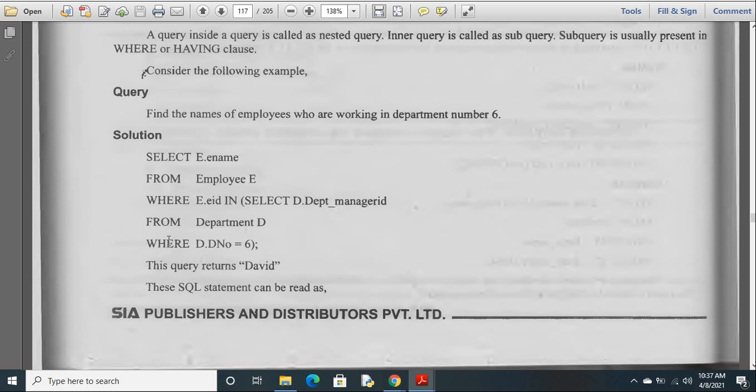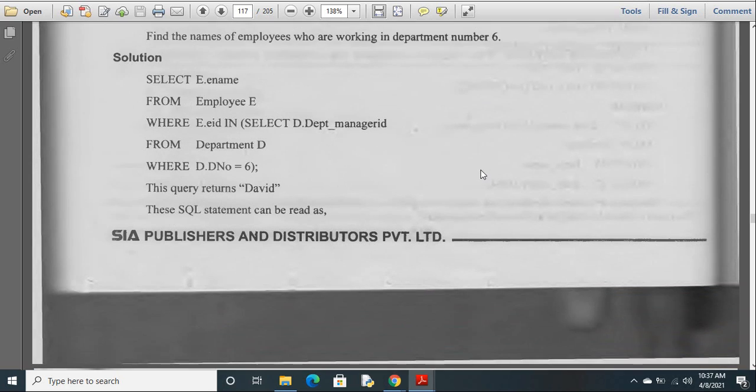Find the names of employees who are working in department number 6.